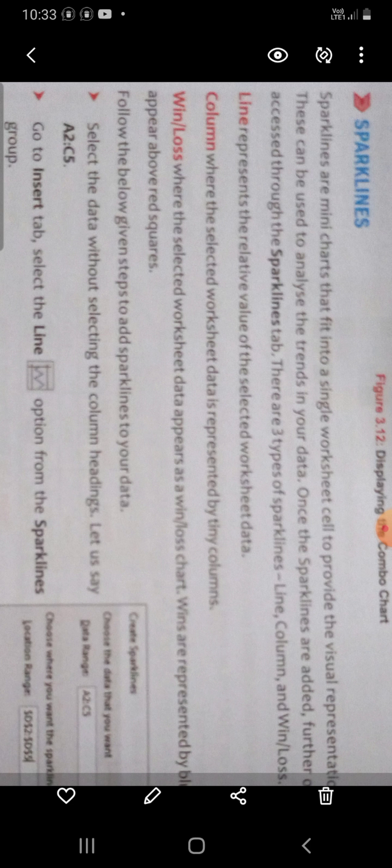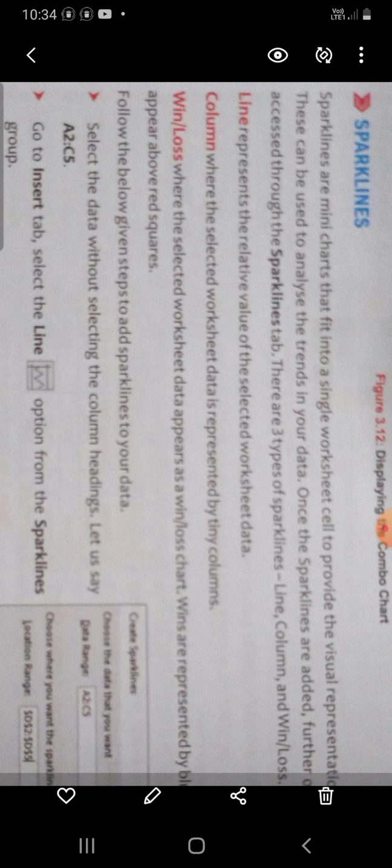This is how grouped sheets work. And after entering the data, save the worksheet. But one thing to be noted is that if you have entered data in Sheet1 before grouping the worksheets, that data will not be reflected in other sheets. That is, that data will not be entered in the other sheets. So in order to display the data in all the sheets, we must enter the data after grouping the sheets.